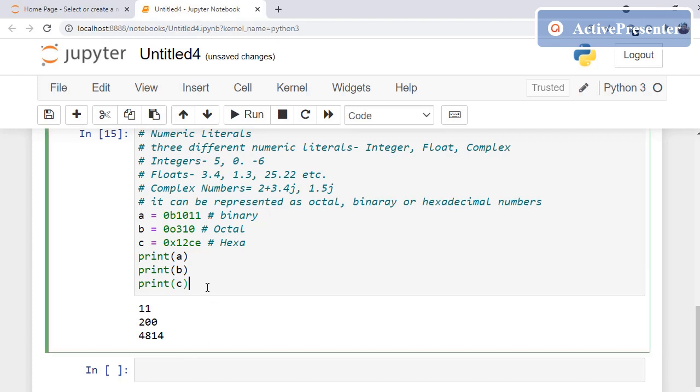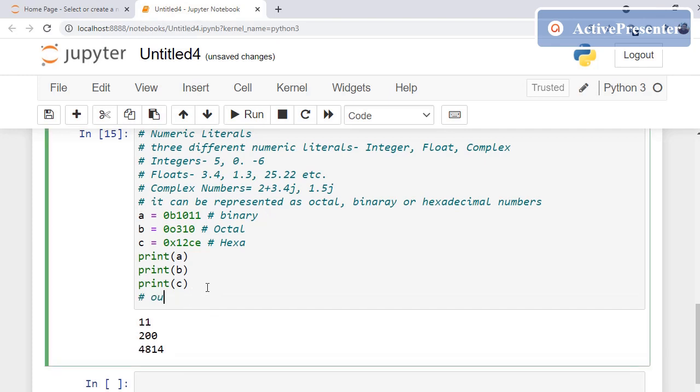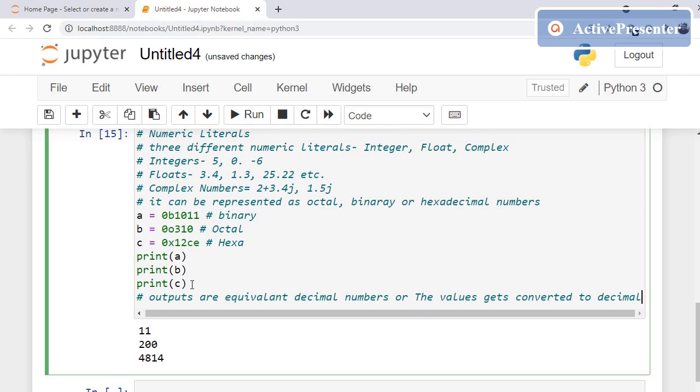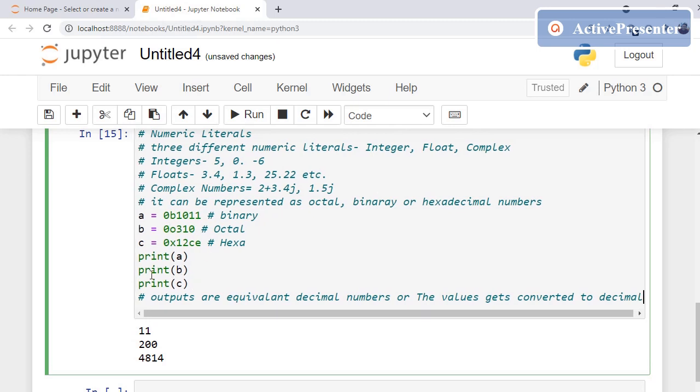So the outputs are equivalent decimal numbers, or I can say the values get converted to decimal. Okay, this is what happens if you write a code like this.